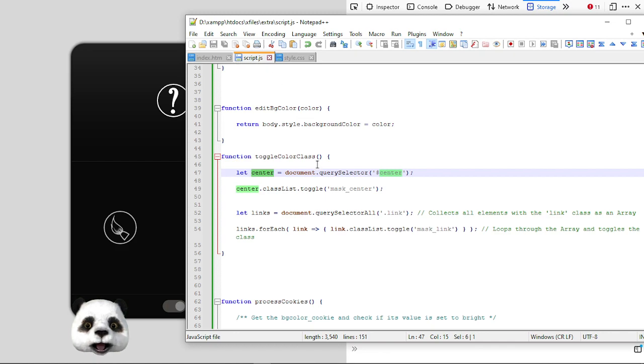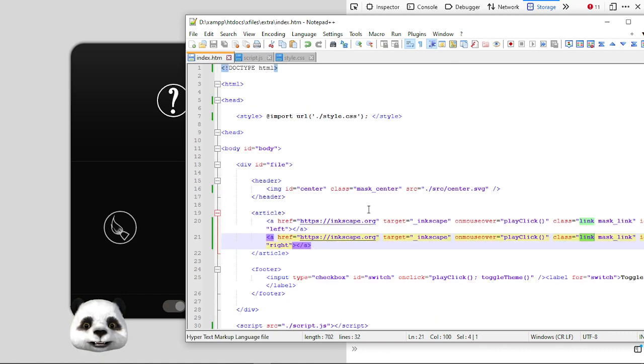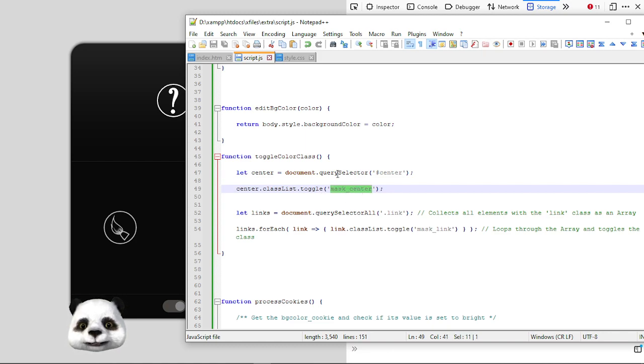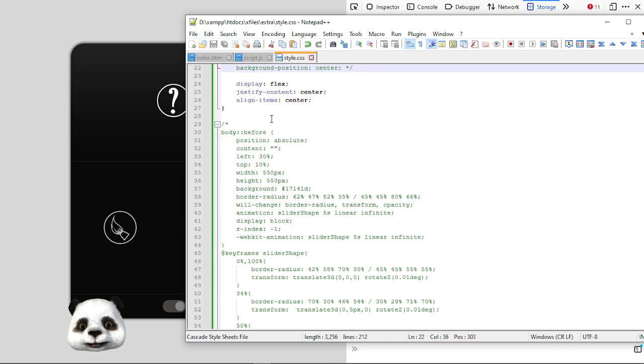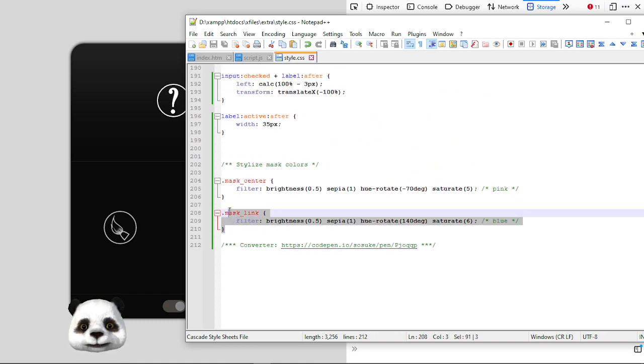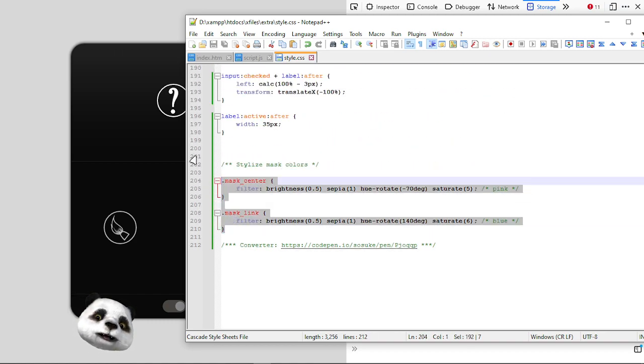So, the center variable refers to this button, to this icon, sorry. I'm query selecting the center ID, which is over here, this ID, okay, perfect. And then I say to the center ID, toggle mask center. This is a special class that I have defined in the CSS, right over here at the end. And basically you can think of this CSS mask filter